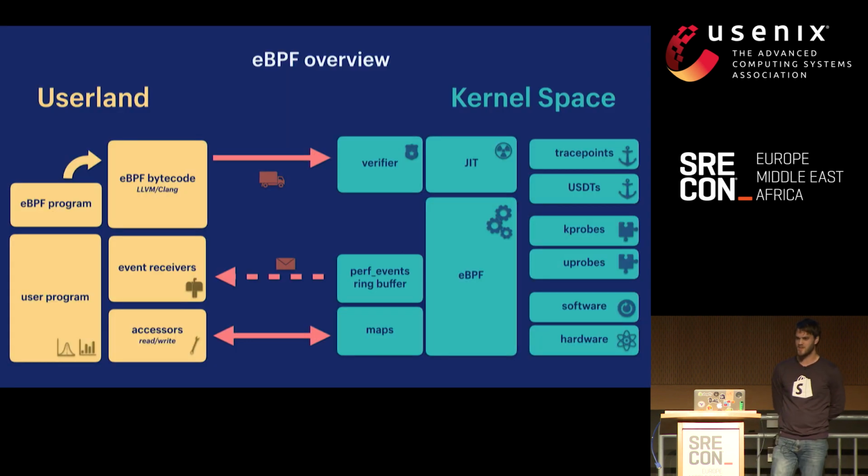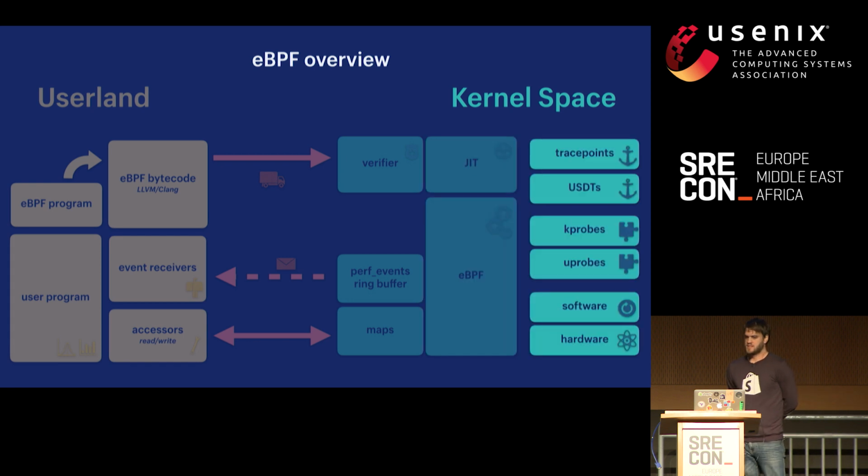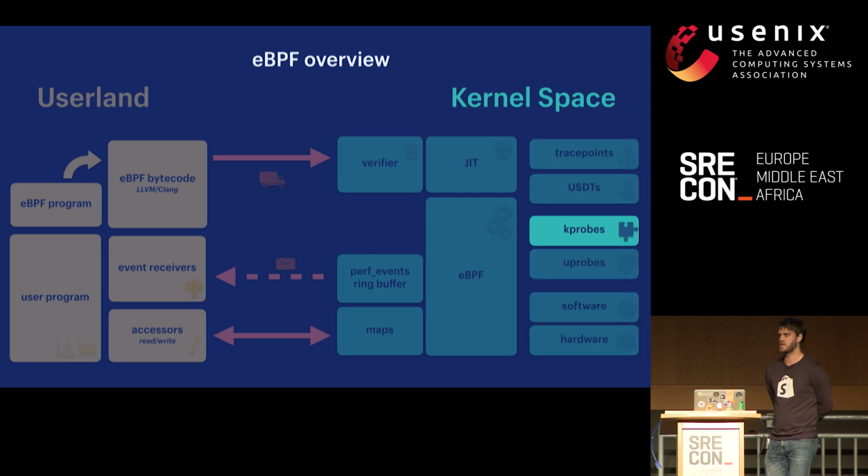So what's eBPF? It's called Extended Berkeley Packet Filters. And you can find it in the VM in pretty much any modern Linux kernel. It also has a JIT to sort of take this BPF bytecode that runs in the VM and compile it to some fast native code. The programs that you put into the VM can be attached to various events. So for example, let's say if you wanted to trace whenever a function in the kernel is being called, you can attach what's called a kprobe.